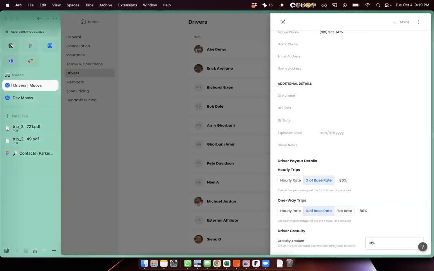And the company portal, we deal with a lot of companies with a lot of employees, and they like that portal feeling where they can go in and do everything they need. Got it. The gratuity, by the way, is here. And for your fuel, how do you charge the customer a percentage of the ride for a fuel fee, and then do you just pass that through to the driver?